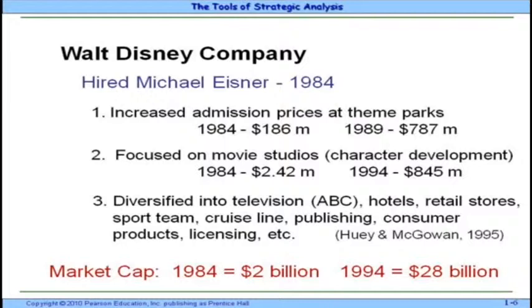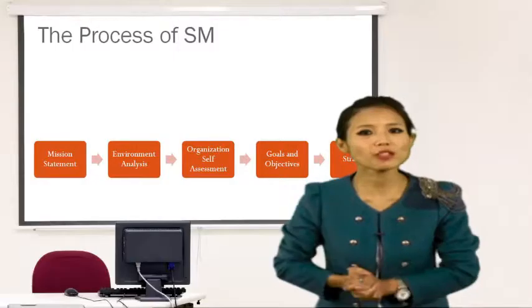approximately $2 billion. And by 1994, 10 years after, it moved to a staggering 28 billion. That's basically the market saying now that that is the value of your business. And what do you account that to? What is that the result of? The result of that is the fact that you looked at the organization, you restructured, you increased your prices, and you went into other areas. Strategic management.